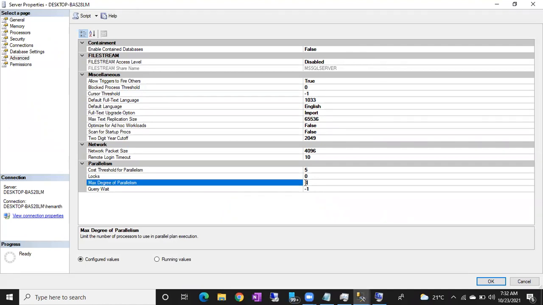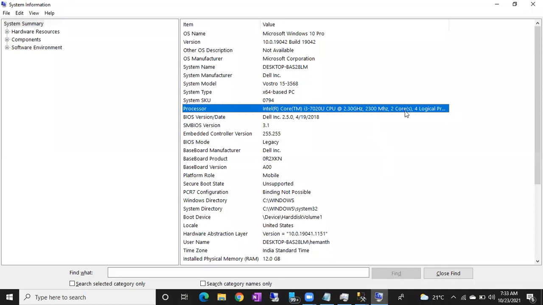It means if parallelism is needed, all of my 2 cores are going to share the load. In the CPU, again, you will have cores, and cores are internally divided into logical processors. 1 core means 2 logical processors, so 2 cores means 4 logical processors. Each core has 2 logical processors. Internally,